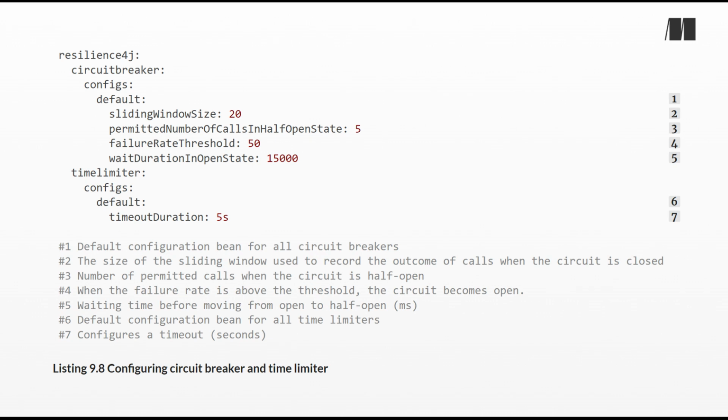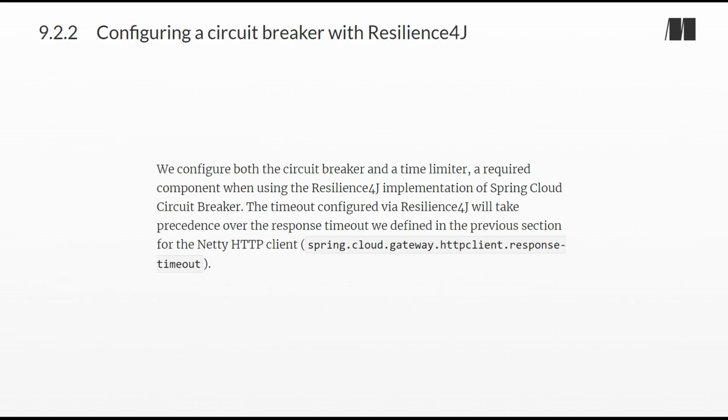On to the code. In the Edge Service project, at the end of the application.yml file, define a default configuration for all Resilience4J circuit breakers. Listing 9.8. Configuring circuit breaker and time limiter. We configure both the circuit breaker and a time limiter, a required component when using the Resilience4J implementation of Spring Cloud Circuit Breaker. The timeout configured via Resilience4J will take precedence over the response timeout we defined in the previous section for the Netty HTTP client,